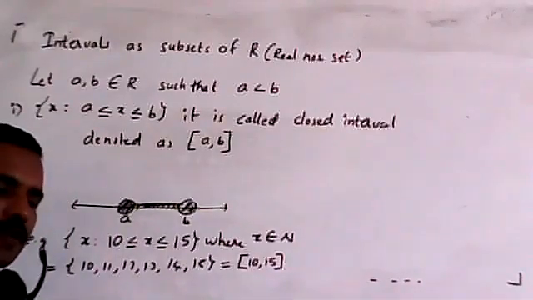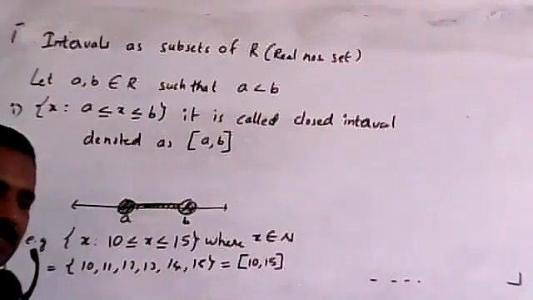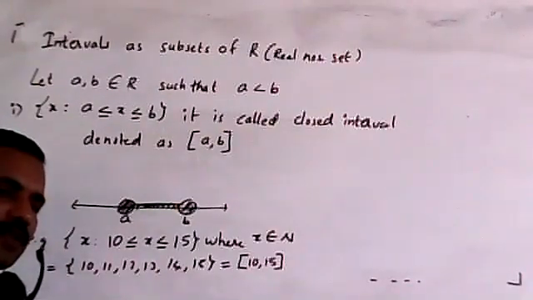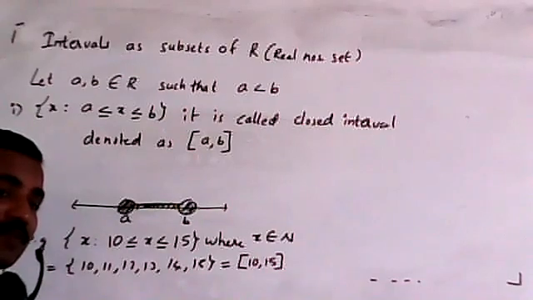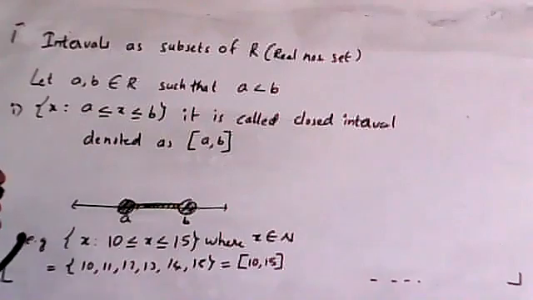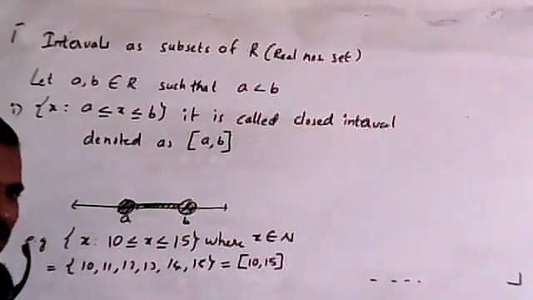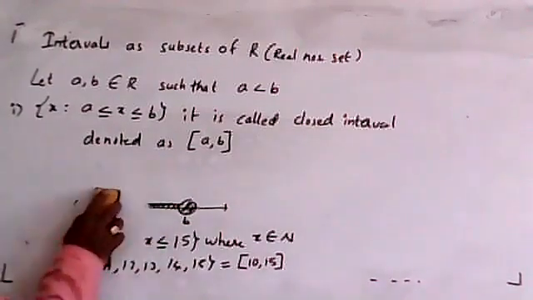Now let me give it in detail. As I told you, in set builder method we can represent intervals. We are using it as a shortcut way of representing sets. Don't get confused if somebody is writing things in intervals, because that is also nothing but another form of representing sets in the form of intervals. So the heading we have given is intervals as subsets of the real number set. We'll go into detail again.